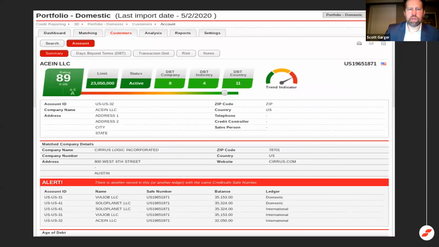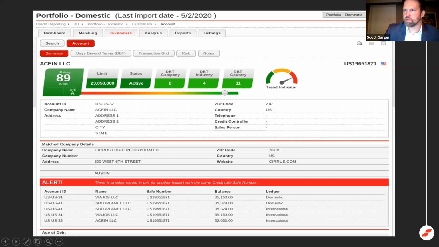Now, what we're able to do is click on the customer record. So again, we're going down another level. We're clicking on the customer record, and at this customer level, you can essentially even drill down. It's not on the screen, but scroll down a little bit on the site, and you can actually go to the credit report itself from this screen. But what it will do is it'll give a nice summary